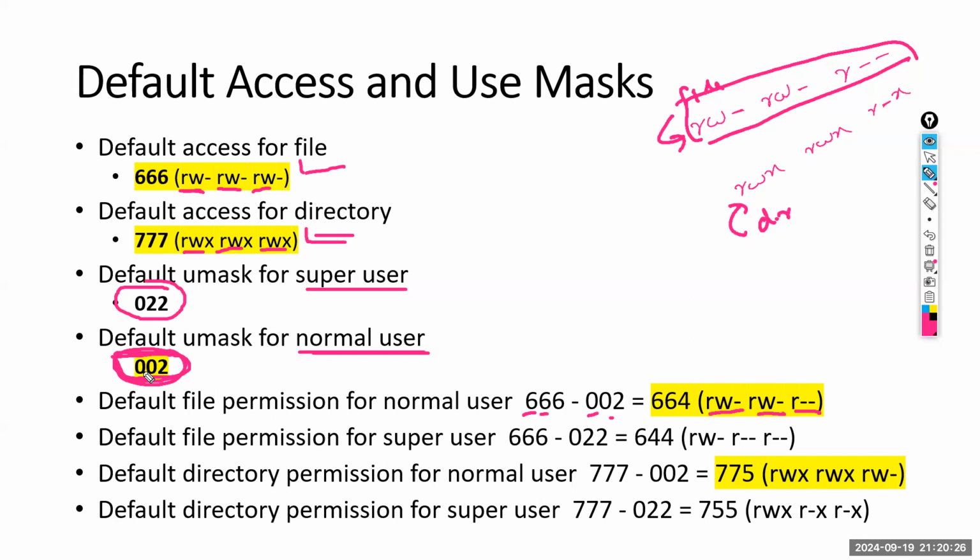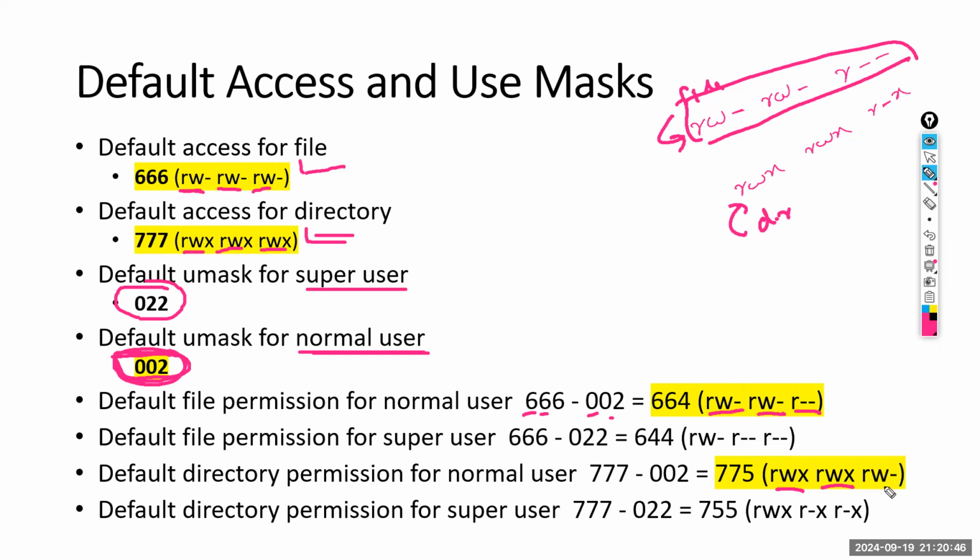Nalaka is a normal user. And for a folder, by default it is 777, but my umask is 002. Therefore, 777 minus 002 is 775. That is read, write, execute, read, write, execute, and 5 means